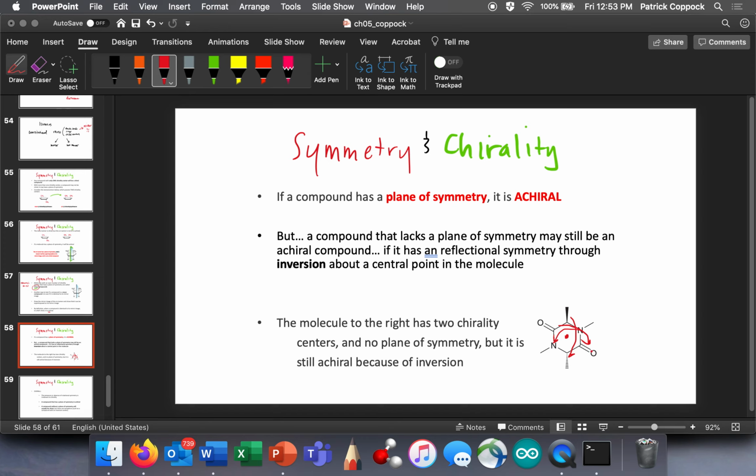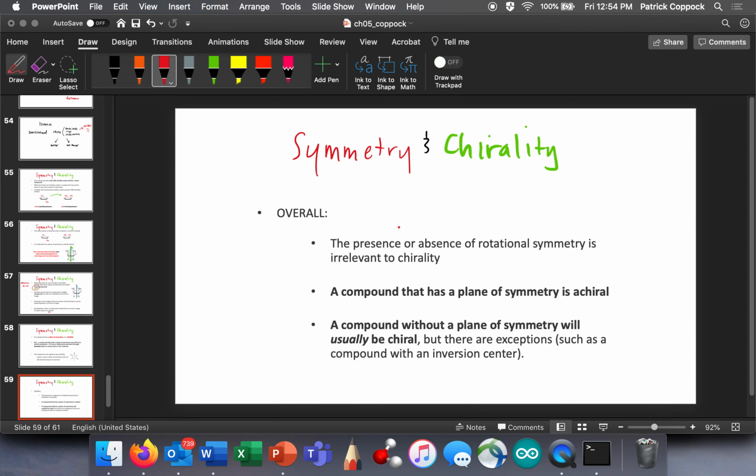You might want to back the video up. Well, I can just rewind that, can't I? Look at that. Can you see a reflectional plane of symmetry here? In other words, it's not, I've said plane, it's not a plane. It's a reflectional point of symmetry, right? So if we had a point mirror, that would be going down behind the plane, that would be going across, and that would be going across. This is not chiral because it has a point of inversion.